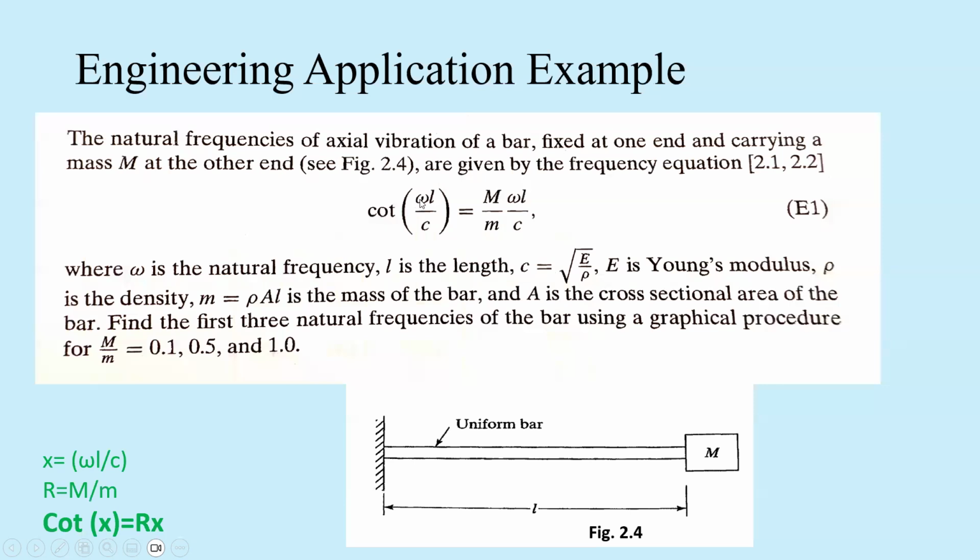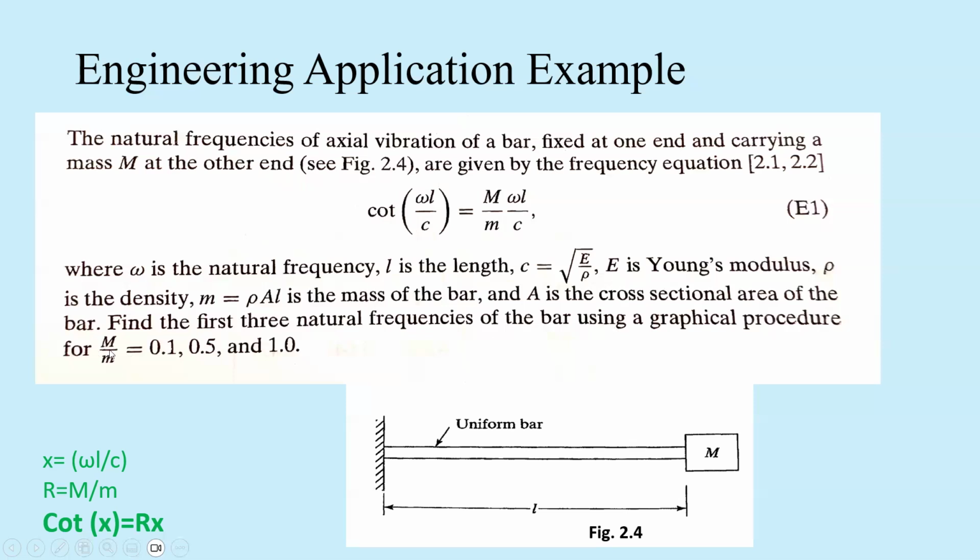The omega is the natural frequency, L is the length of the beam, and C is found by this equation, the root of E over rho, E is Young's modulus, rho is the density, and another component is M, the mass of the bar, and A is the cross-sectional area of the bar. We should find the first three natural frequencies of the bar by using a graphical procedure,